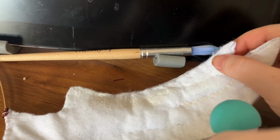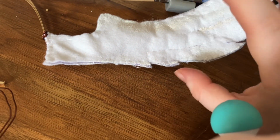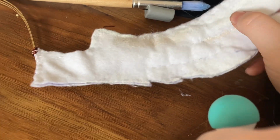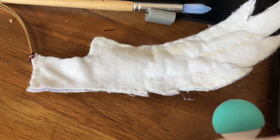Between needle felting, sealing up their edges with my paint, which I'll show you afterwards, on top of the stitching, it's got a really good hold. I've thrown these across my room by accident and it worked out. So now what I'm going to do is these back stitchings. Okay, so